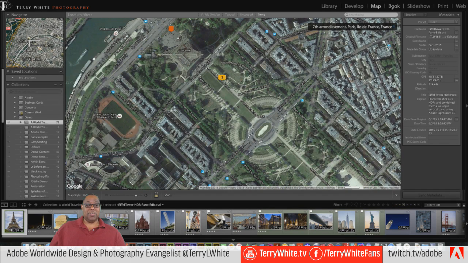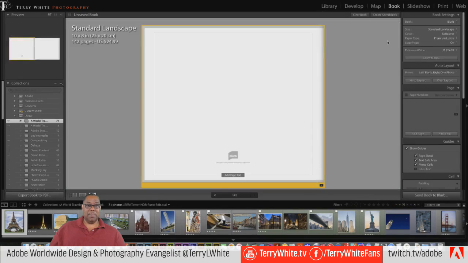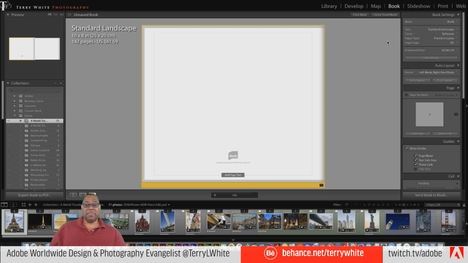The book module, again, built in. The ability to lay out books, whether they are professionally printed using Blurb or whether you're going to export them as JPEGs or PDFs. So I can lay out a multi-page print book right here. Now slideshow,